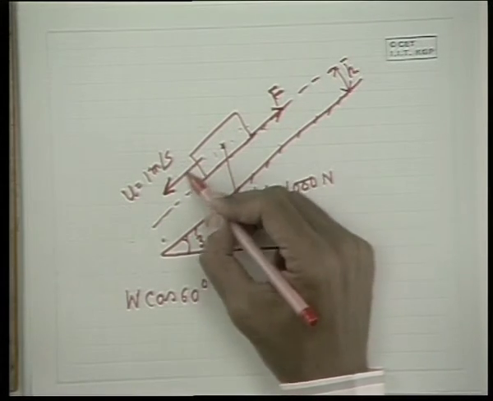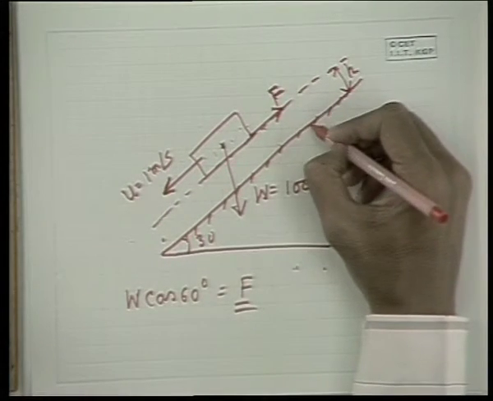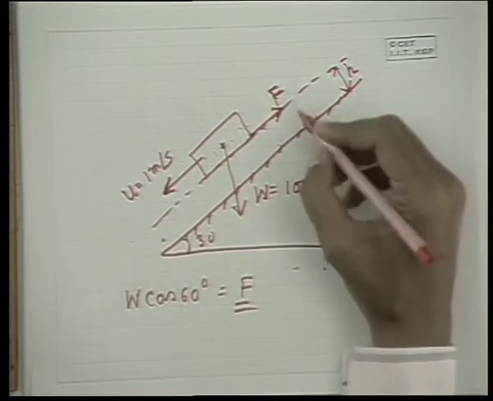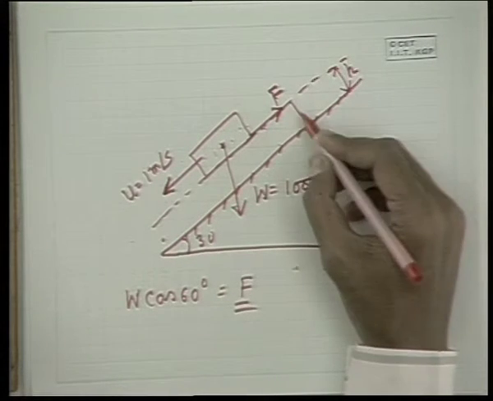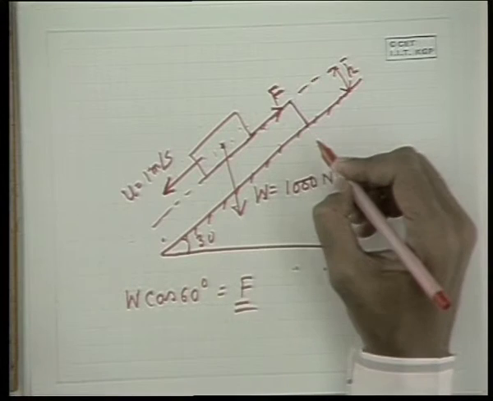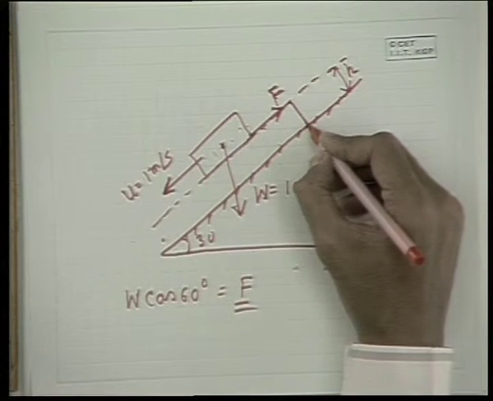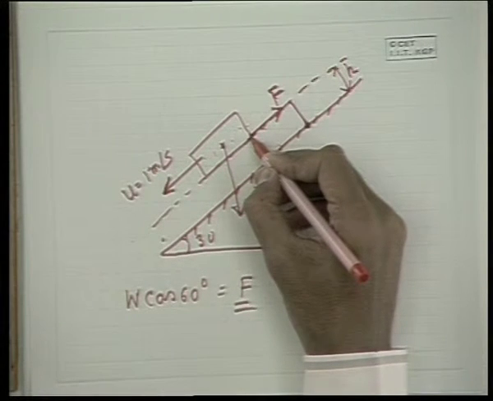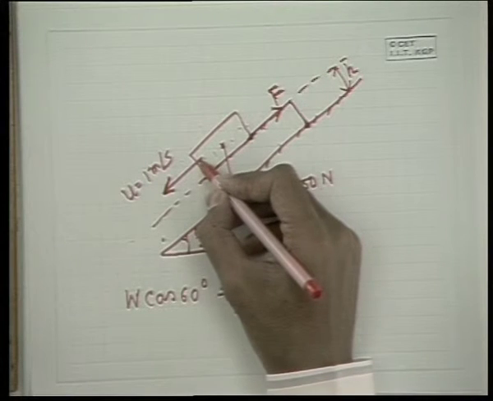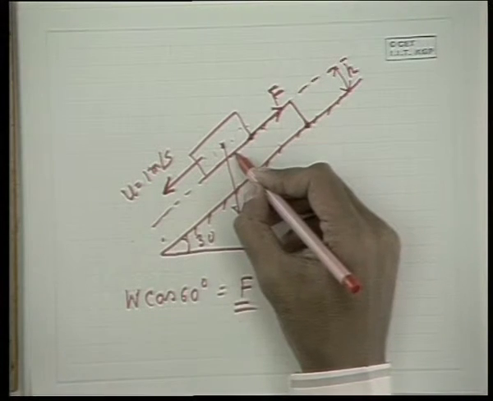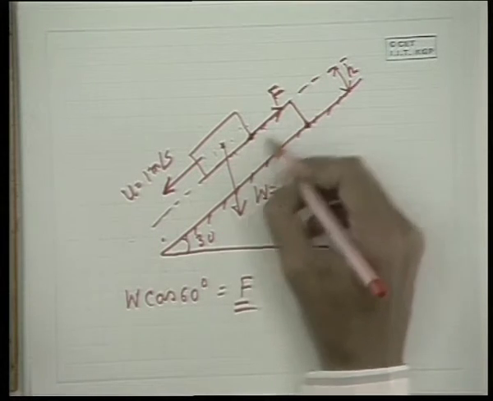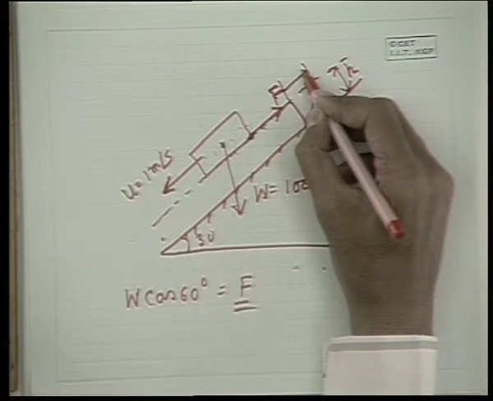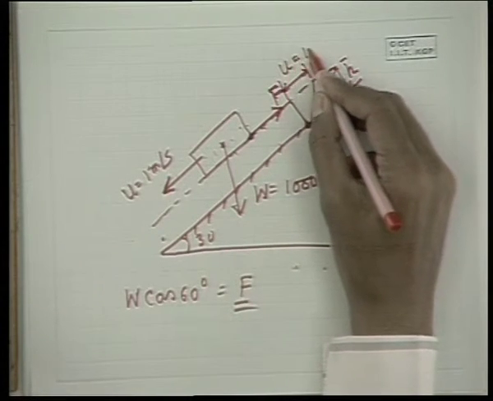Because of this motion U, a motion is set up in the liquid, and the problem says to consider a linear velocity distribution. What will be the velocity distribution? As I have told in the earlier class, the no slip condition demands that the velocity of the fluid on this surface will be 0. What will be the velocity of the fluid on this layer? 1 meter per second, that is U. I am drawing the velocity variation here for clarity. It will be 1 meter per second because the relative velocity is 0. That means it is moving with capital U, that is 1 meter per second.